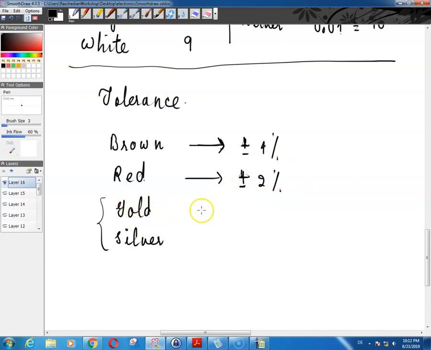But then you either have a 5% resistor, where gold is plus or minus 5%, and silver is plus or minus 10%. You usually work with this kind of resistor, 10% tolerance. And what this means is that